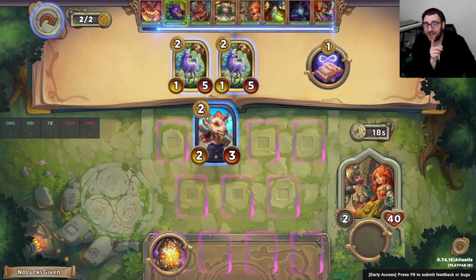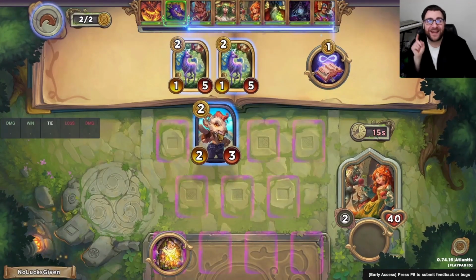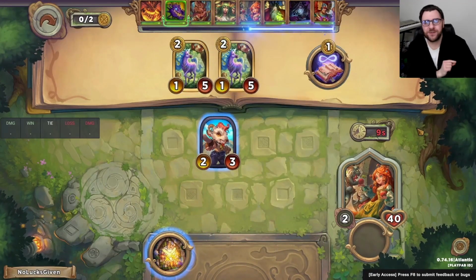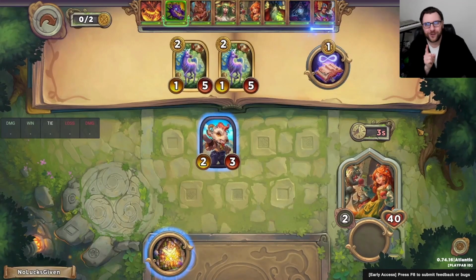We've got a lot to celebrate today, and I am making money in Storybook Brawl. We're playing Gwen. I'm going to be using Knighthood on Prized Pig in just a moment, but also I am